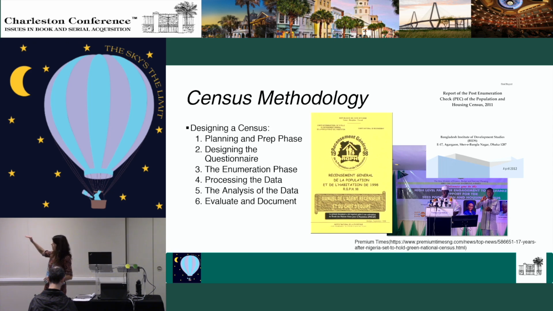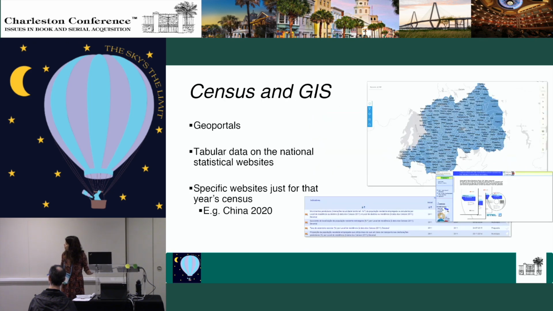In all the steps of this census methodology, the national statistics offices of countries produce an incredible number of documents, starting with the legal framework all the way into training the enumerators, creating public awareness campaigns around answering the questions for the census. In each step of the way, there's a lot of publications that are produced and disseminated through the statistics office's websites or through newspapers when they are mandated to provide information to the public.